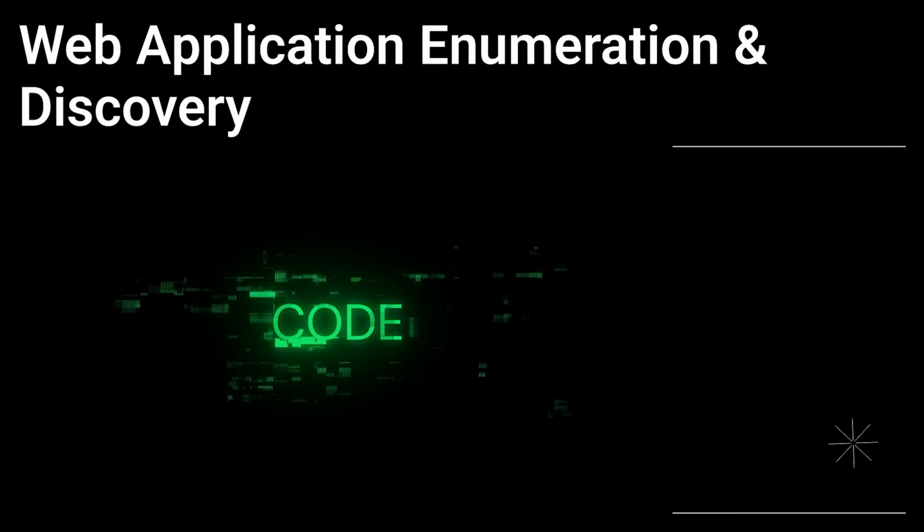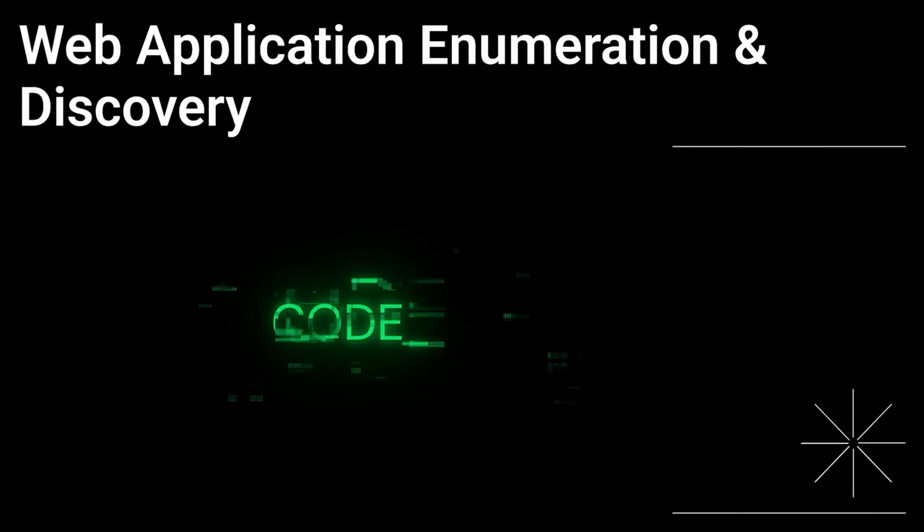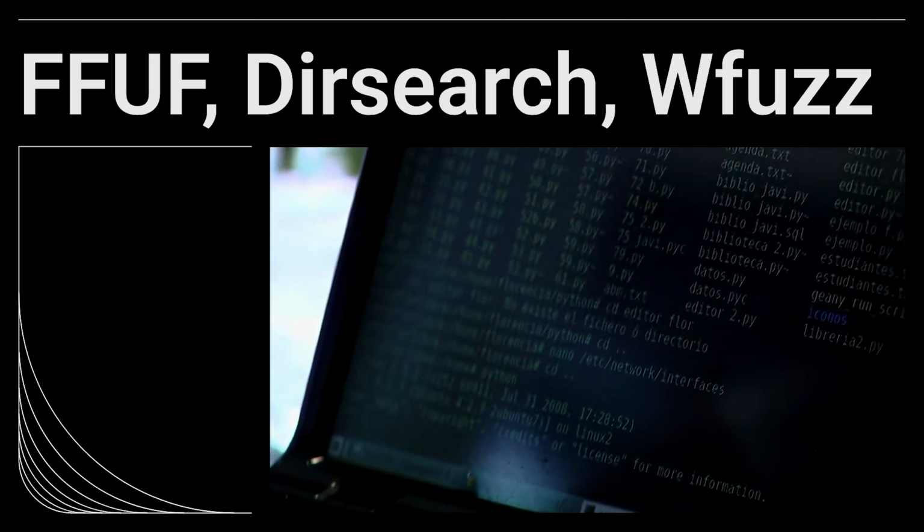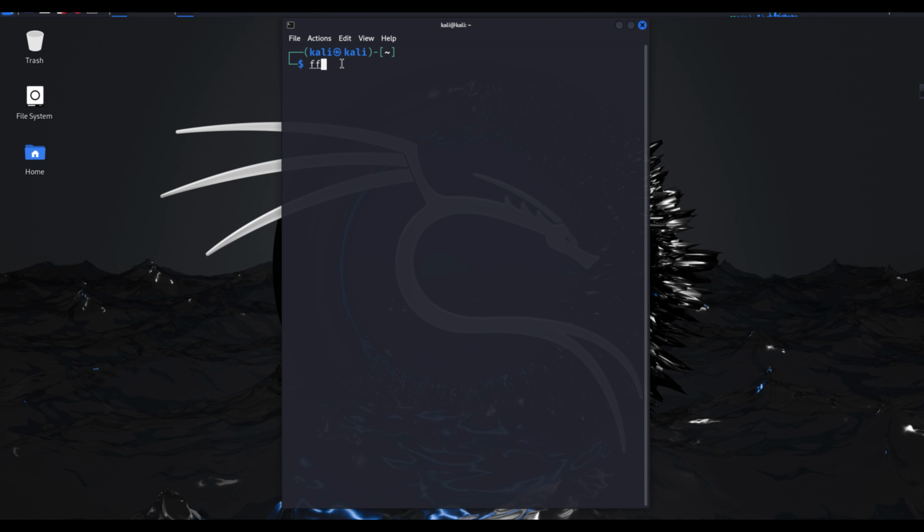Web application enumeration and discovery focuses on finding hidden files, directories, and performing fuzzing on web applications. For this, we use tools like FFUF, Dirsearch, and Wfuzz. FFUF, or Fast Web Fuzzer, is used to brute force hidden directories. You can run it like this: ffuf -u target URL